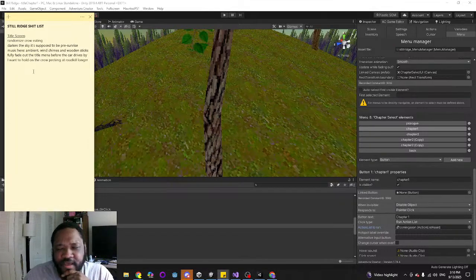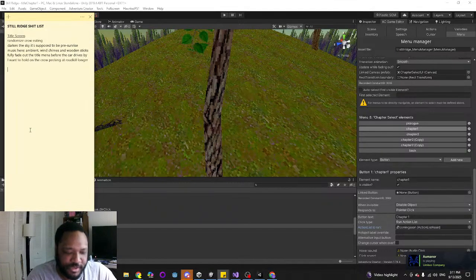Eventually, I want to add... I want to give a new menu for every single chapter of the game, just because I really enjoy interactive menus.